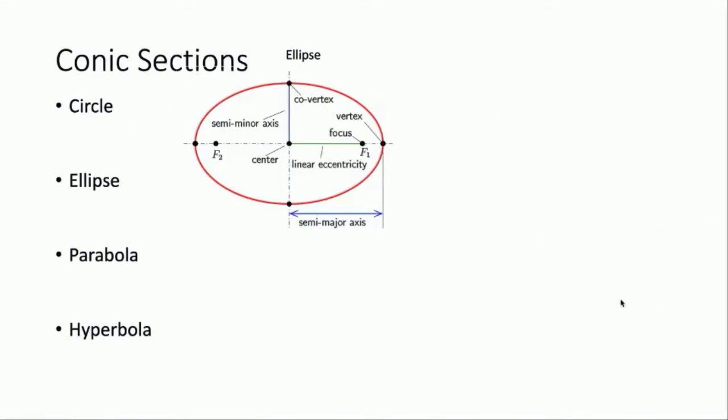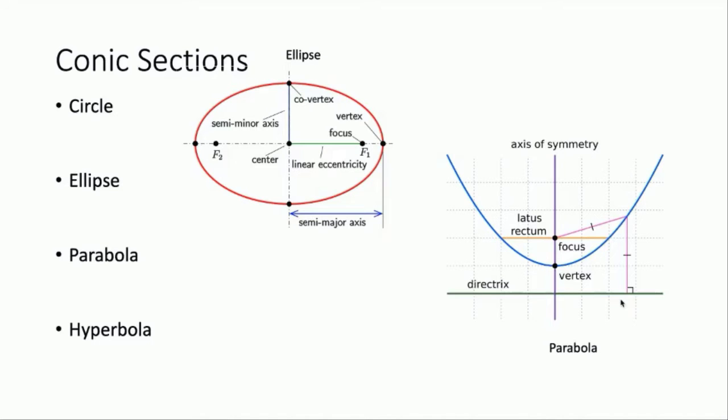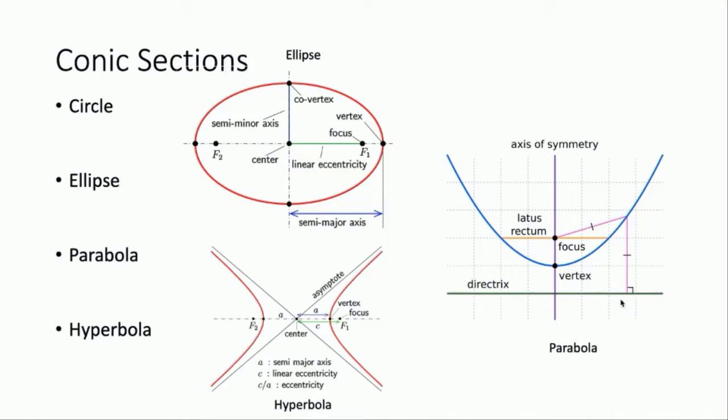So this is the ellipse. These are some details for the ellipse and parabola and hyperbola. The red colored portion is an ellipse here, this is one parabola, and this is a hyperbola. The hyperbola has two sections. We are going to construct only one, so no problem.